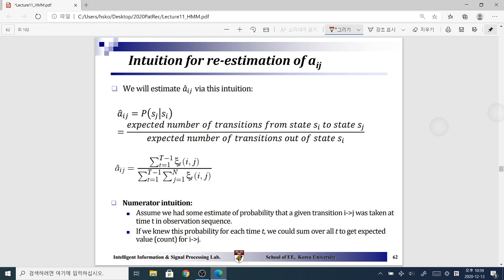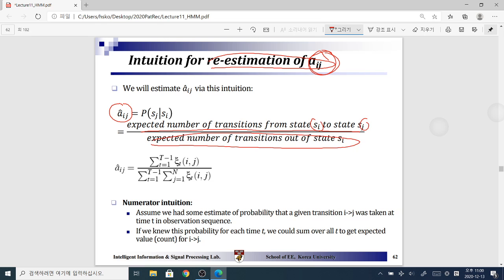Now, before we really delve into the specifics of the expectation step of the EM algorithm, we can do the re-estimation using the transition probability that we have just obtained into A sub ij, where that A sub ij, as I said before, would be the ratio between the expected number of transitions from state i to state j divided by the expected number of transitions out of state i, which